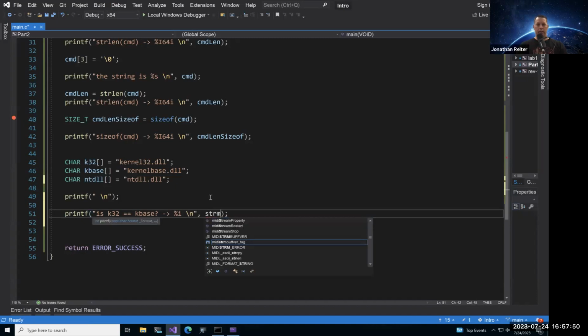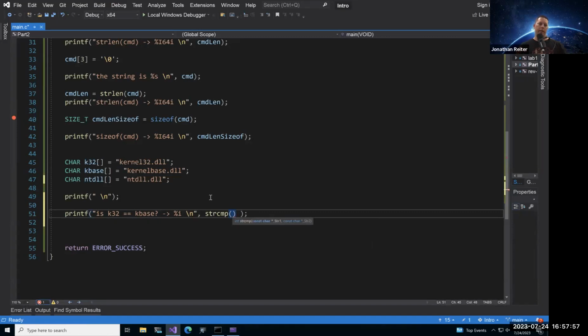This is where we'll call strcompare, and strcompare needs 2 things. You can see maybe on your side what it needs: a constant char pointer to string 1, and another constant char pointer to string 2. String 1 for this instance is going to be kernel32, and string 2 will be kbase.